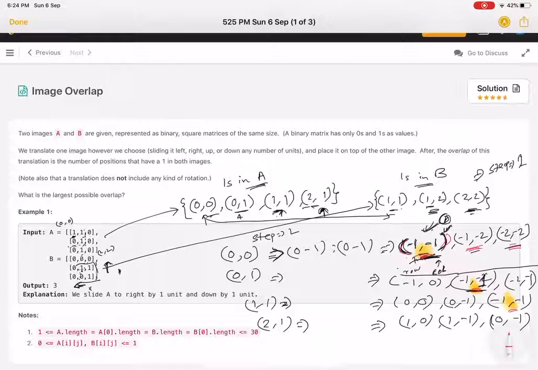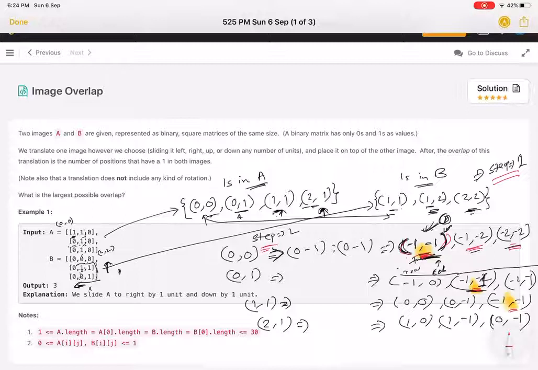So just to recap, I understand it is a little difficult to understand. Step 1, count all the ones in both the matrices and put them in a vector of pairs. Then another simple step is we just subtract row to row and column to column, create a key, and increment it using that key.